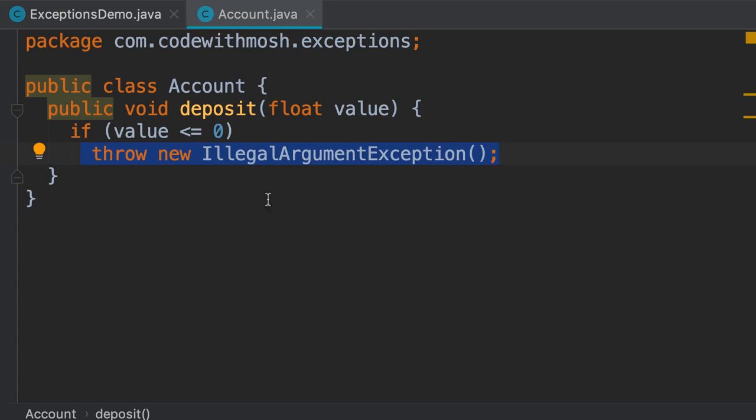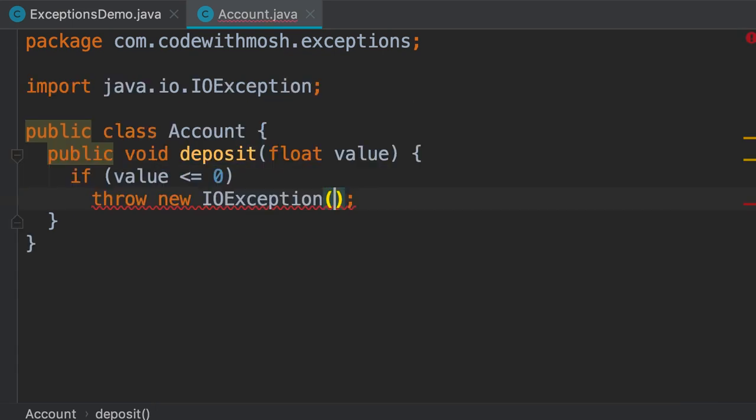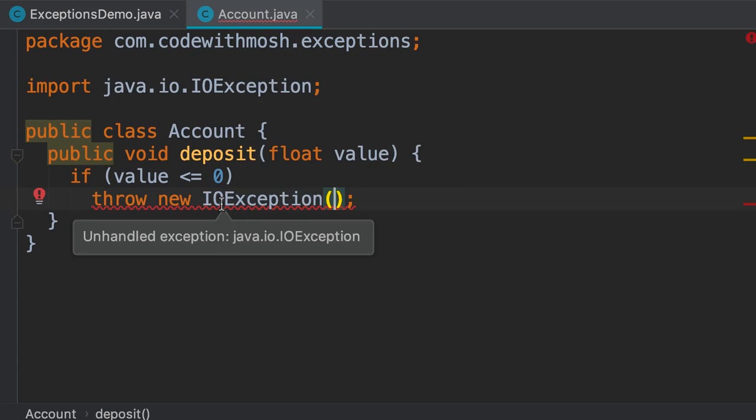Now here we're throwing a runtime or an unchecked exception, but what if you want to throw a checked exception? Let me show you. So I'm going to replace this with IO exception. Now we have a compilation error, unhandled exception, IO exception. So the Java compiler is saying we haven't handled this exception. Now, should we wrap this inside the try-catch block? No, it doesn't make sense to throw this exception and handle it right here. We want to throw this exception in this method and have the caller of this method handle that exception,